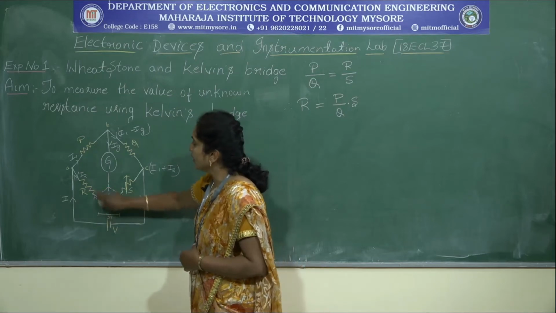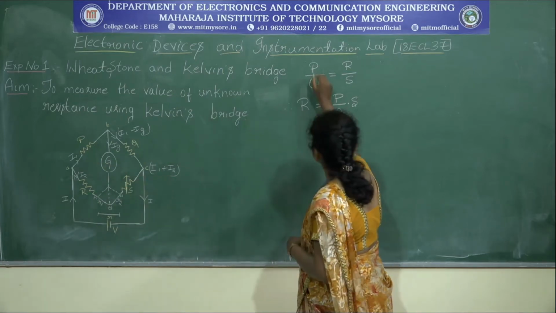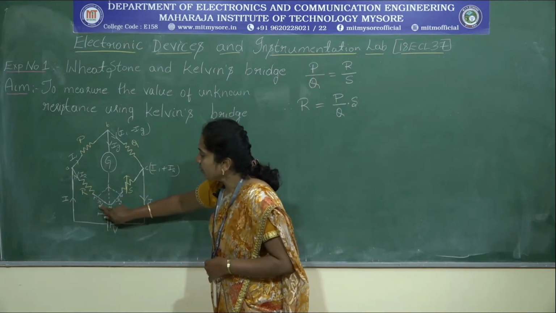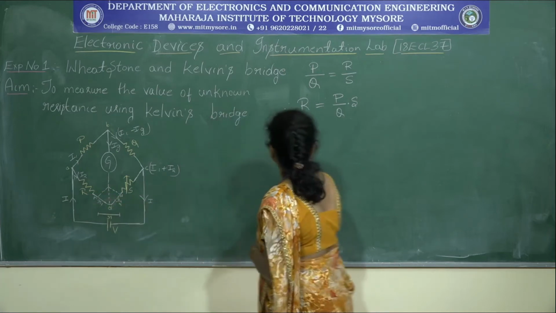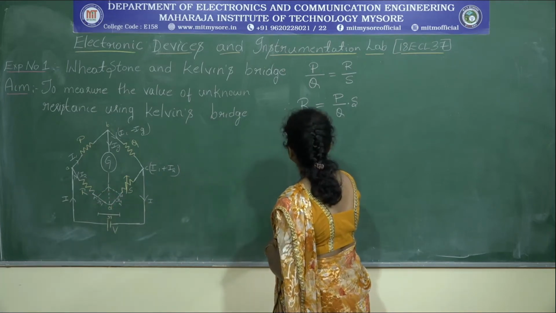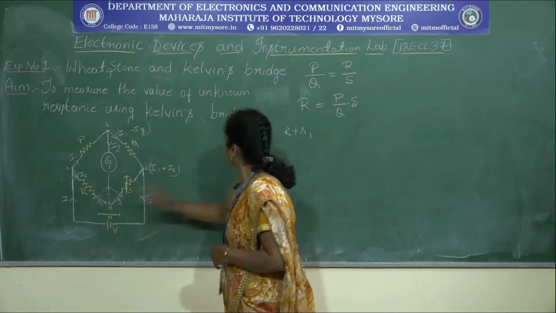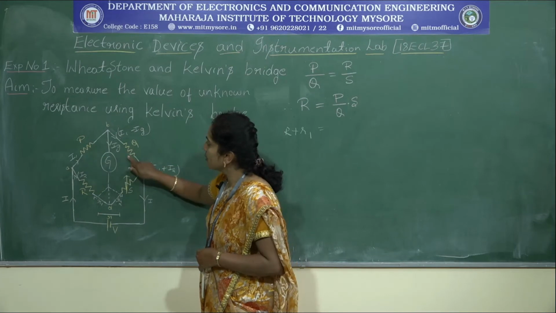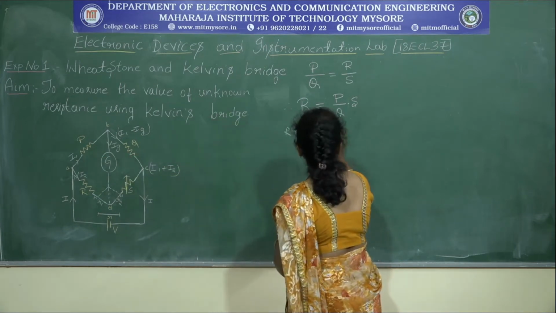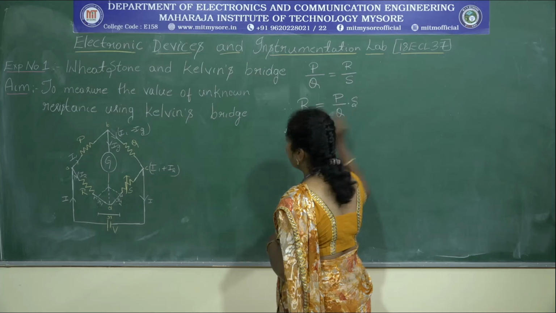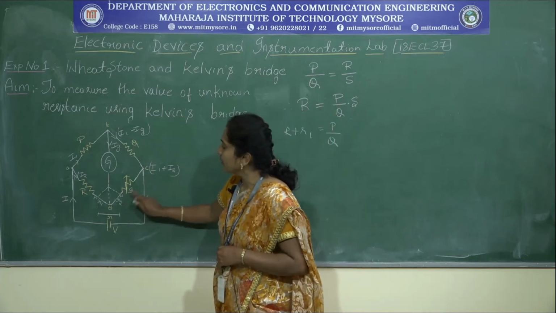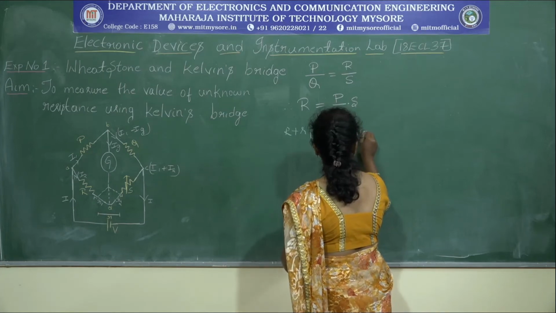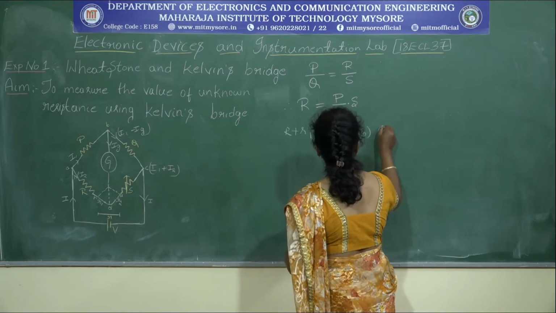So how can we write it with the Wheatstone bridge? See here, R is equal to R plus R1, is equal to P, same as the Wheatstone bridge, Q is the same, don't write anything here, P and Q, and S you replace with S plus R2. Write it as equation 1.